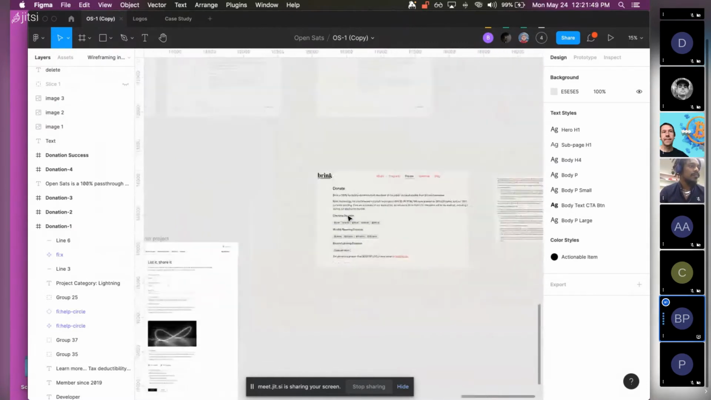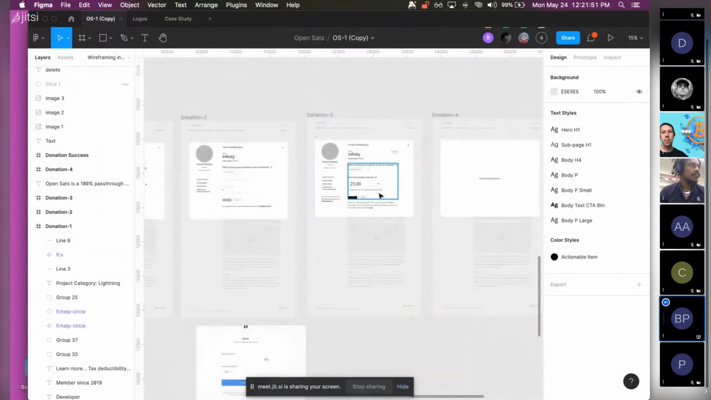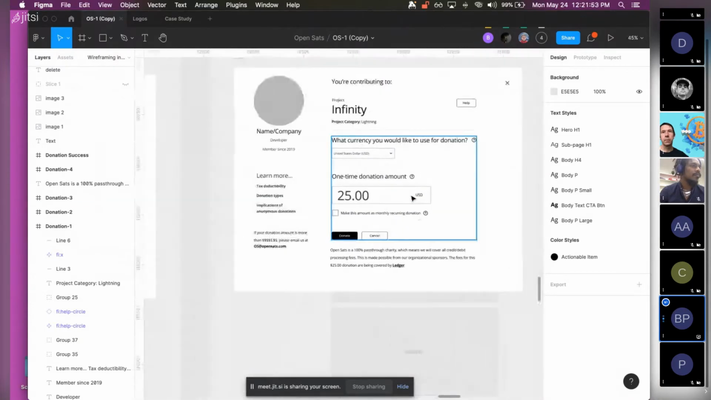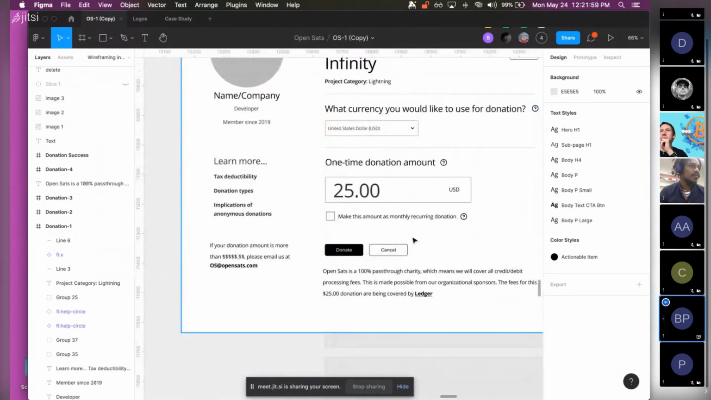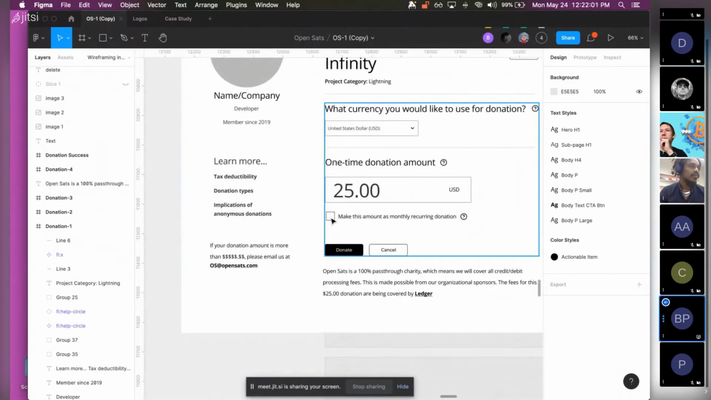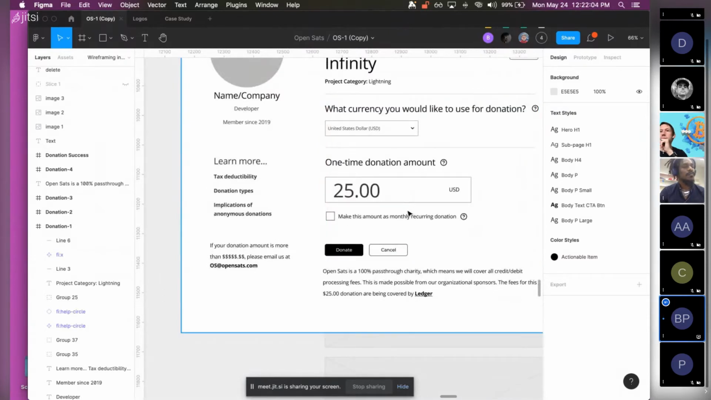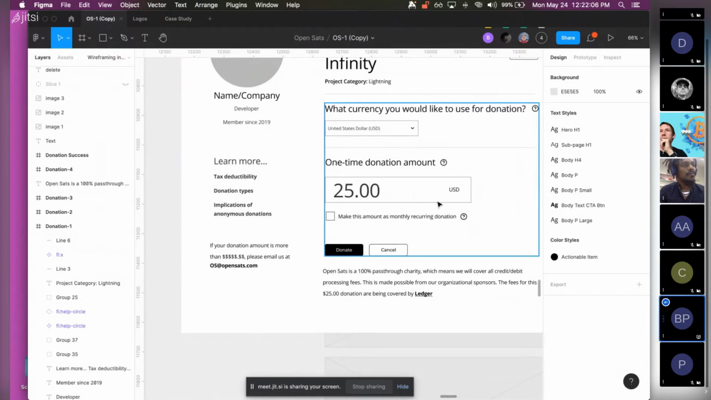Obviously, we welcome one-off donations, but I think that could be something we do a little better. Even here, for example, we have "make this a monthly recurring donation" as a secondary checkbox. I think it's a little bit tricky if you were to make that the default setting, but I do think we could